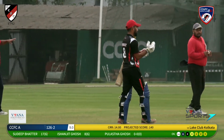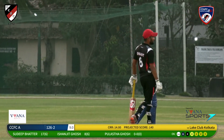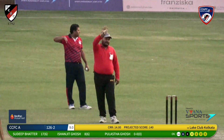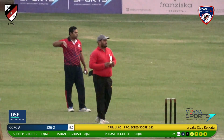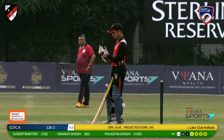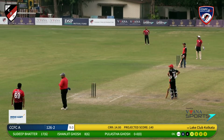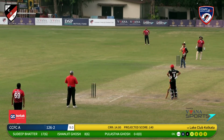If you're a Lake Club bowler, then you won't want to be looking at the bowling figures today. KK Das going for 25 off 1. Rajiv 26 off 2. Indravo very good, 2 for 17 off 2. Arnab 2 for 20. And Arya Pratim and Satyashri going for 19 off 1 over each. Which brings us to Pulashta Ghosh, who will need to pull something special out of the hat,